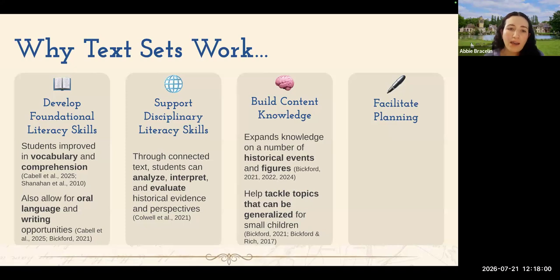Bickford in 2021, I can send, if you're interested, I can send you that study. But he worked with a teacher, I believe she was kindergarten or first grade, I think it was kindergarten. And he worked with a teacher on incorporating some primary sources with texts that confronted this idea of the first Thanksgiving and kind of what it was and some of the background noise going on and things that contributed to it for really young kids. And he talks a little bit too about making those primary sources appropriate for kids and so forth. So that's a really good one if you are interested in that topic in particular.